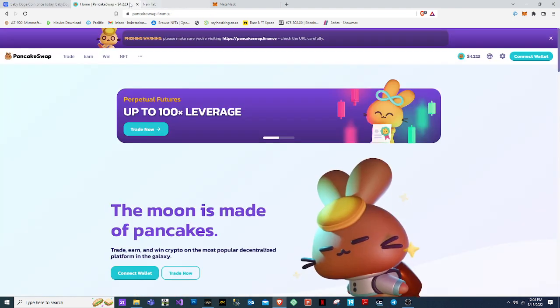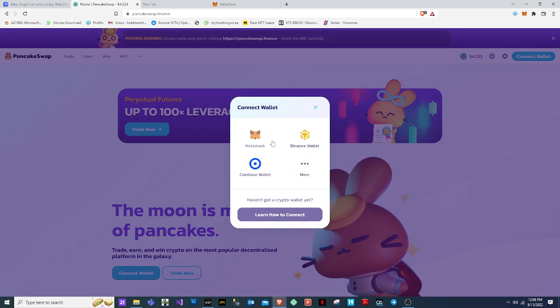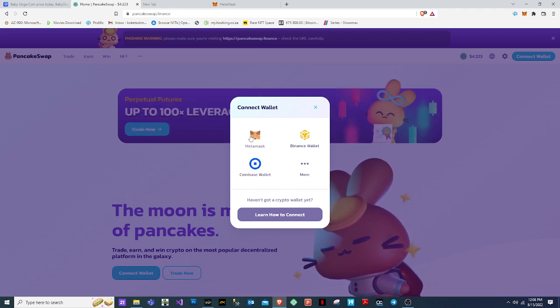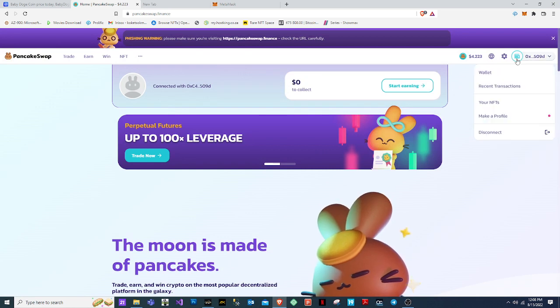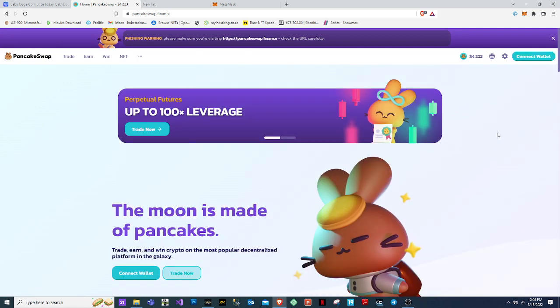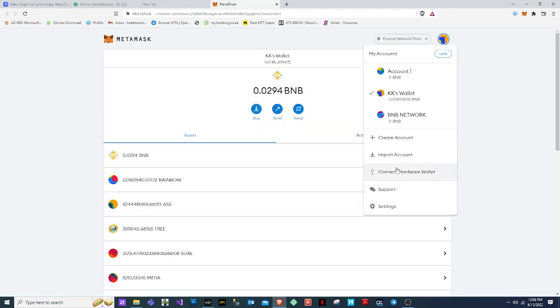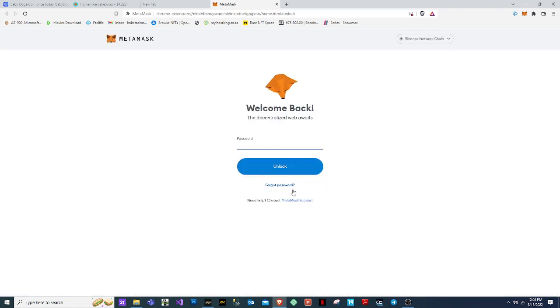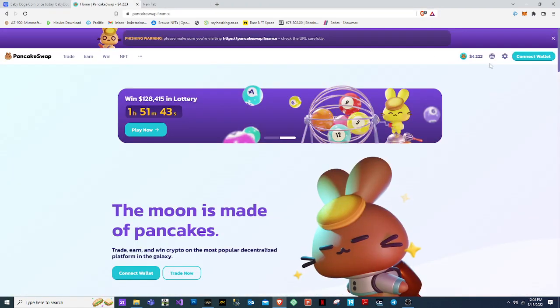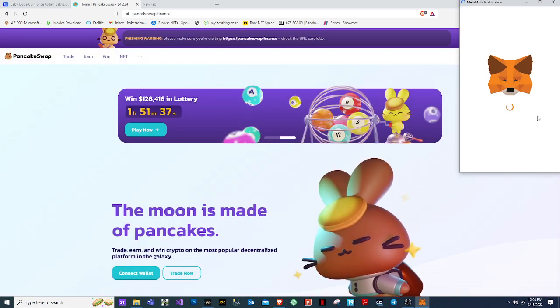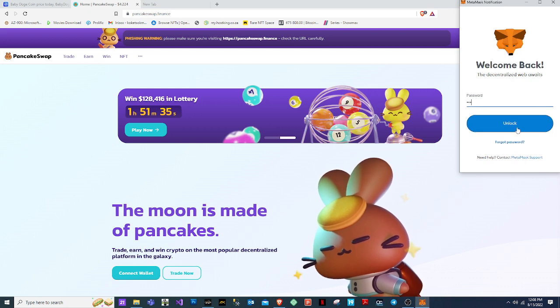The first thing when you're on PancakeSwap, you need to connect your wallet, which is your MetaMask wallet. When you click connect, it will have all these wallets that you can connect to. We're using MetaMask, so we're gonna click on MetaMask. Here, if you are not logged in, let me just disconnect and log out from my MetaMask and show you what it will do. Click on MetaMask. You see what it's going to do. It's going to ask you to log into your MetaMask wallet. So just put in your password